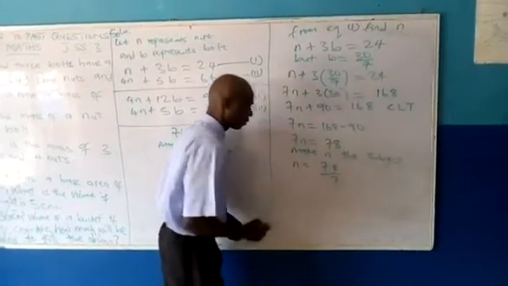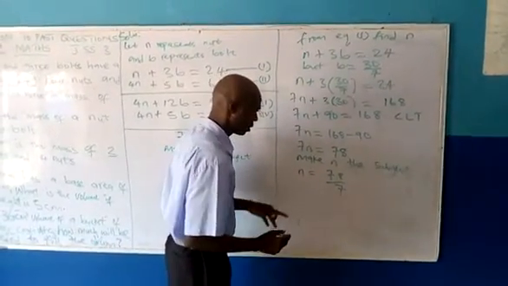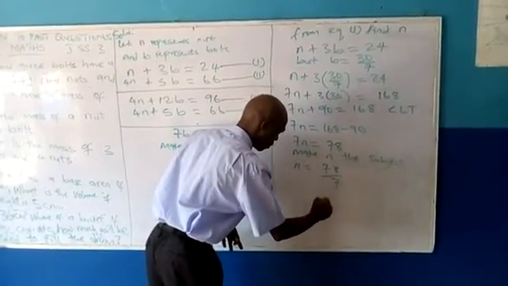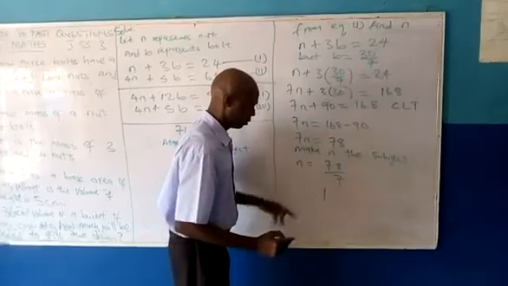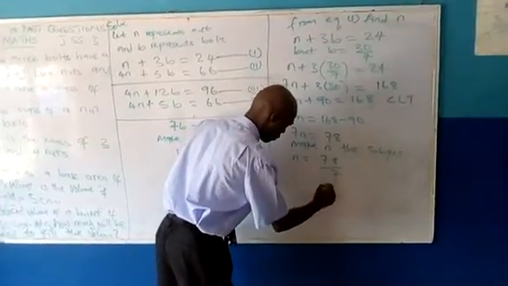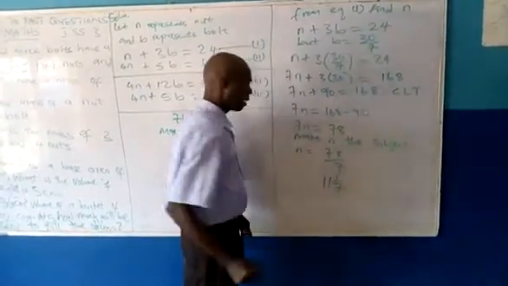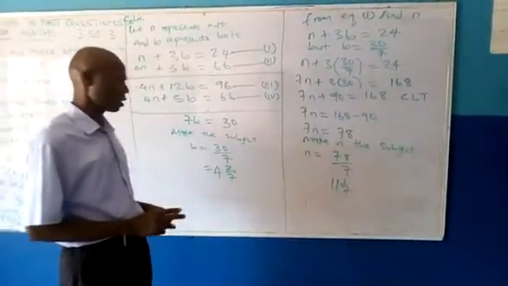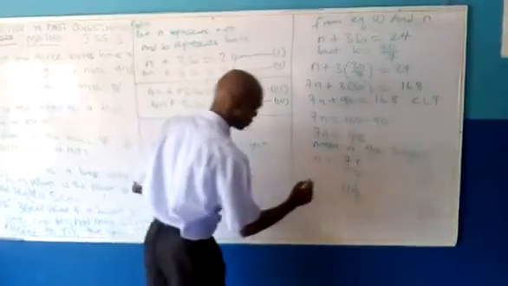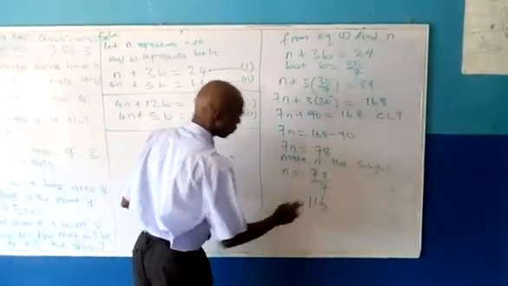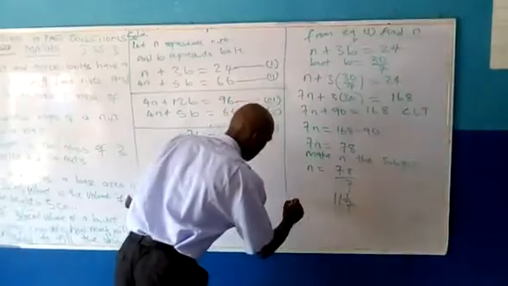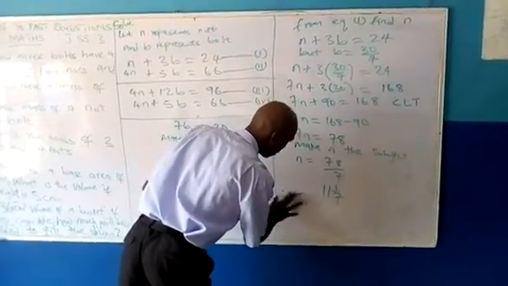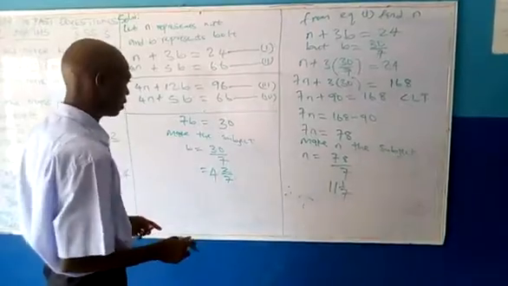78 over 7, which is 11 and 1 over 7. That is what it is. n equals 11 and 1 over 7. Therefore, n, which is the mass of the knot,